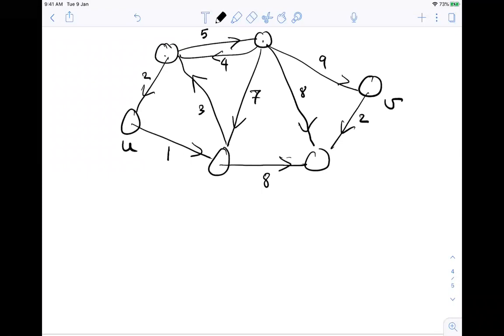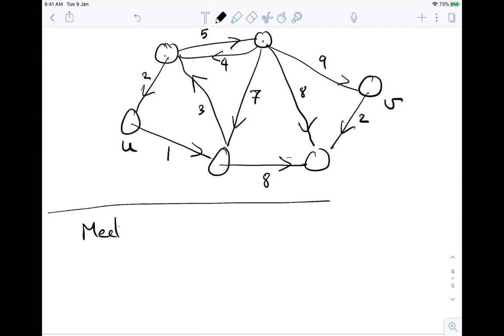Yeah. So say you are a manager in an institute, or a company, and you have been told that there are a number of meetings. The meetings have a start time and an end time. So there will be S1 to T1, S2 to T2, and so on and so forth. There are quite a number of such meetings.